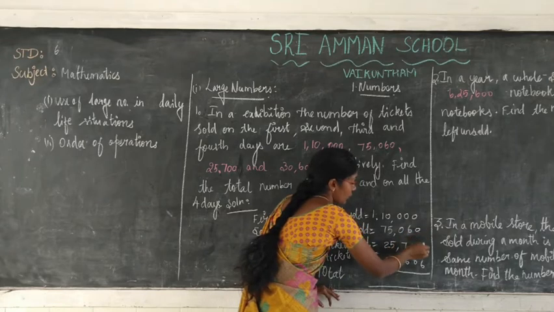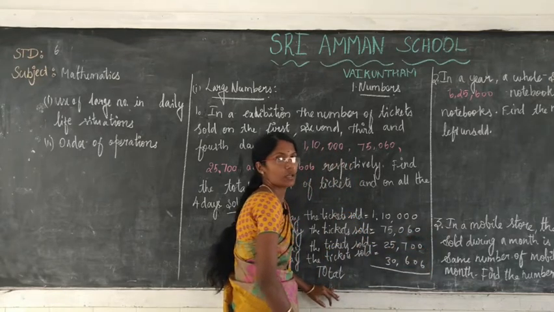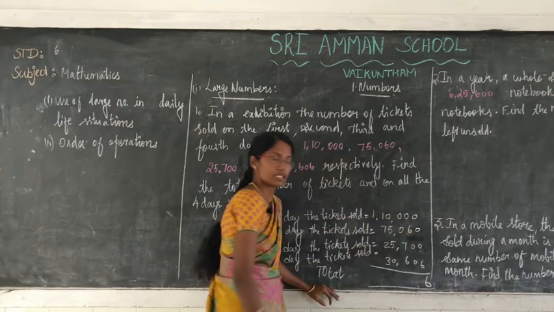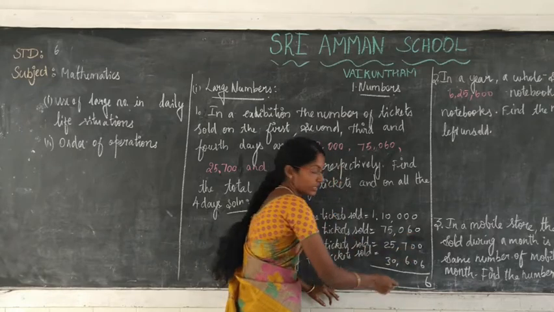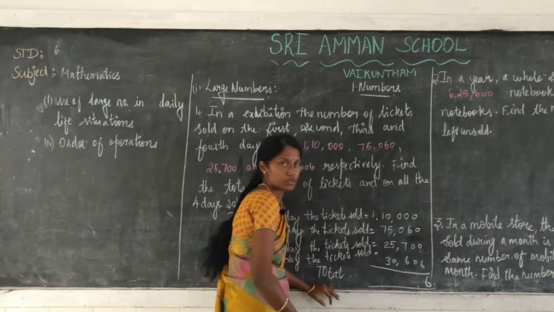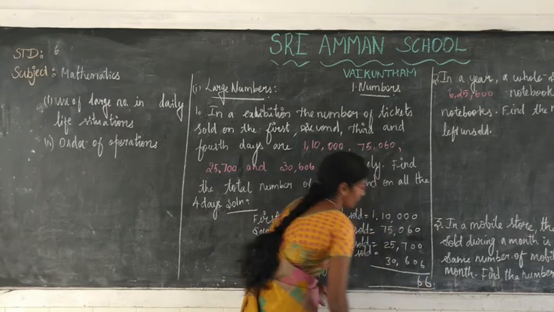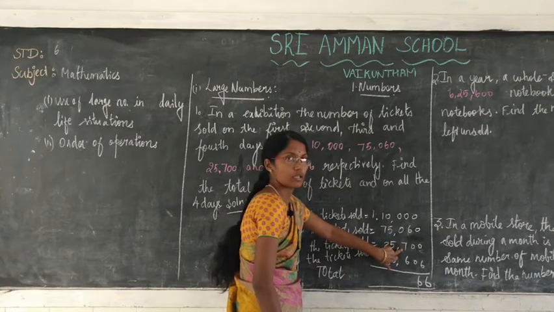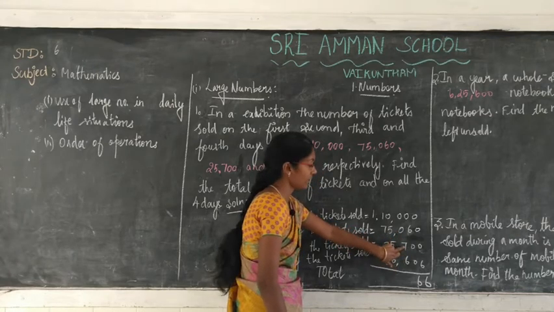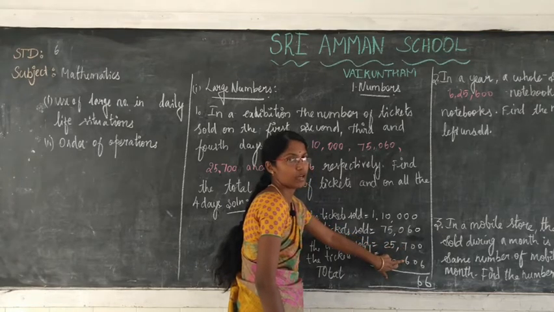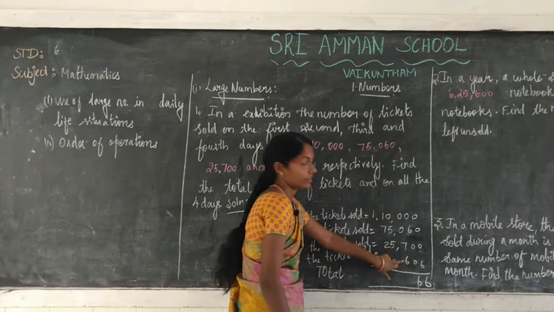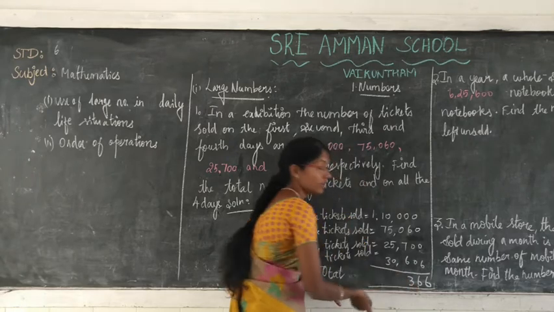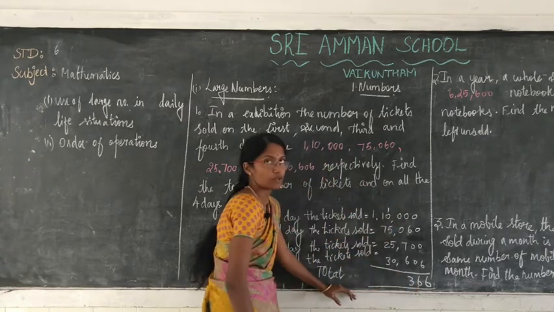0 plus 0 plus 0 plus 6, how much? 6. 0 plus 6, 6. 6 plus 0, 6. So 6. Here 0 plus 0, 0. 0 plus 7, 7. 7 plus 6, 7 in the mind, 6 on the fingers. Count it. How much? 13. So 3 here and 1 carry.